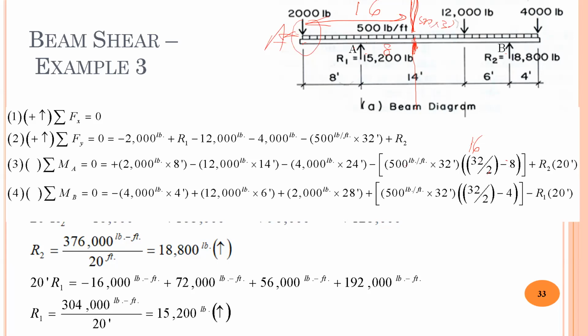Well, you could do it also taking R1. So there are 2 ways to do it. You could also take moment at B. That was the objective of putting this here. So let's take it from B and look at it. If you take it from B, let me clear up this. I don't want anything before to confuse us. If you take it from B,